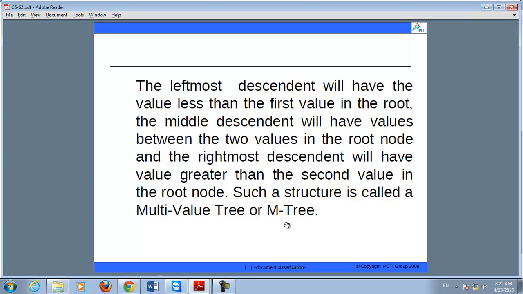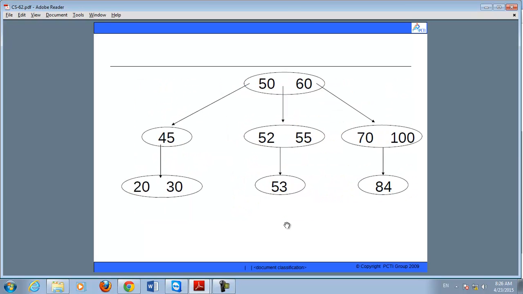Now, what is the use of a multi-way tree? जैसा कि हमने बाइनरी सर्च ट्री में देखा, one node contains a maximum of one value. This means the height of the tree will become larger and larger whenever you want to insert any value. And to remove this complexity, or you can say to make the tree simpler, the M-way tree or multi-value tree is implemented. You can see here, there is a node which contains more than one value. This is a form of multi-way tree.